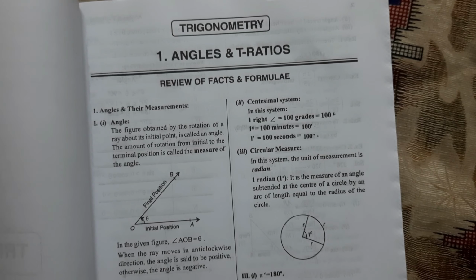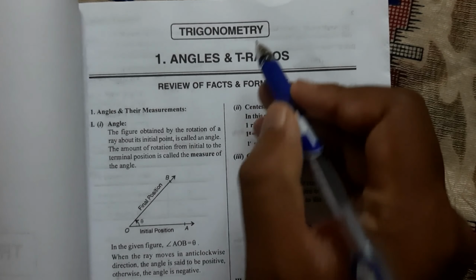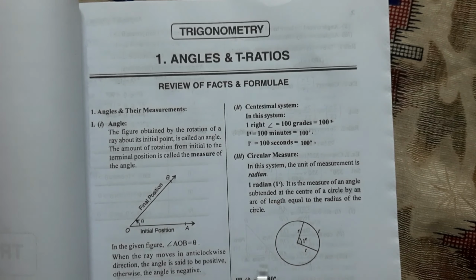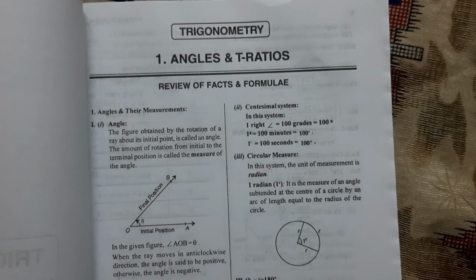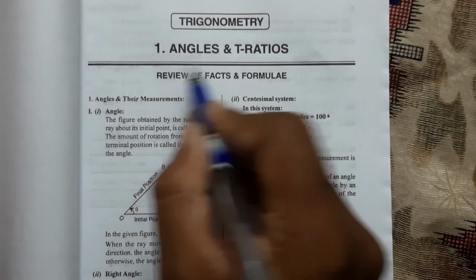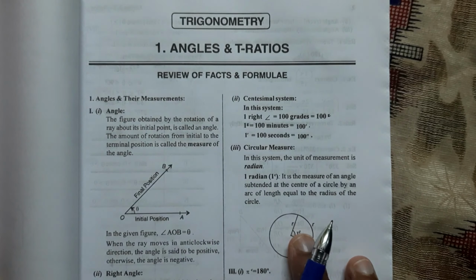Starting with the topic angles. As we know, in trigonometry we have angles, trigonometric ratios, trigonometric identities, and properties, and then finding the solutions, and then the next part in class 12, that is inverse trigonometric functions. But as we are doing first year topics, today and tomorrow we will complete the topic of trigonometry only. Now you see the concept in these angles and trigonometric ratios.